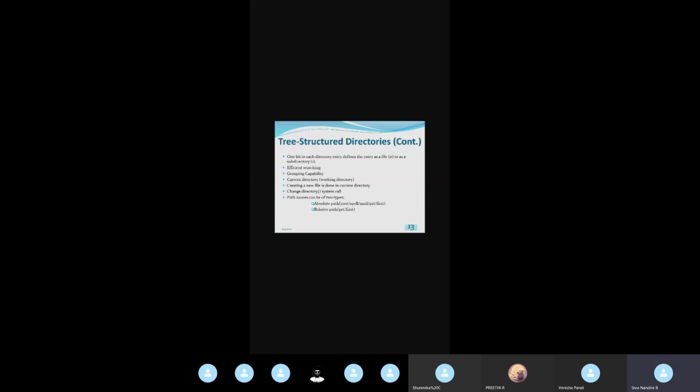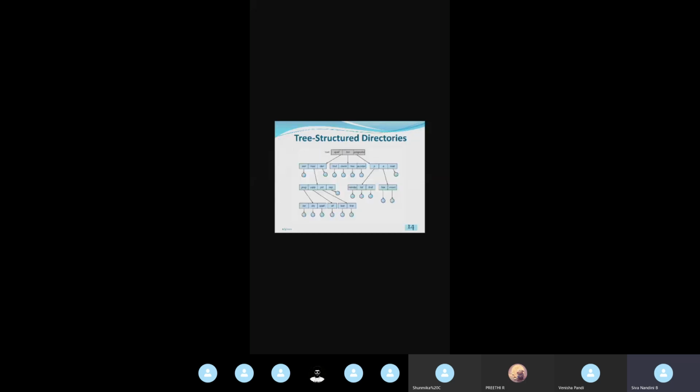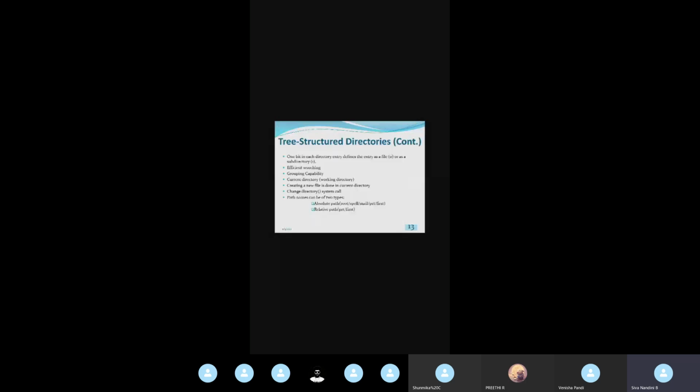So from this mail, how will we mention the relative path? From this mail subdirectory we are having PRT then first. Okay? So if mail is our current directory, the relative path will be PRT, the subdirectory, then first. So only this relative path I'm having, PRT first. So in this tree structure directory, we have to specify the path name of the file which we are going to use. It may be an absolute path or it may be a relative path. We'll be using relative path if the file is residing in the current directory itself. Okay.